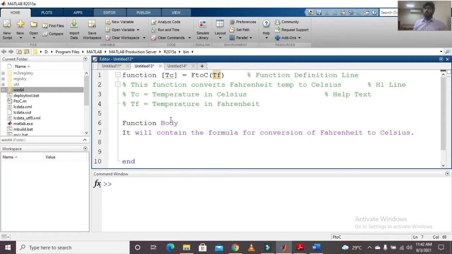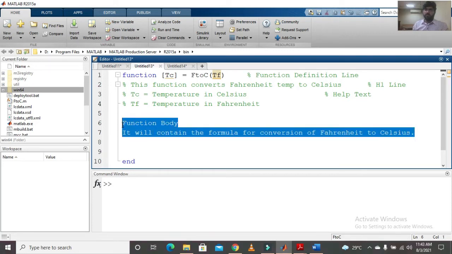This is what we are going to do. So we will make this function in this session. You'll have to wait for a few minutes.